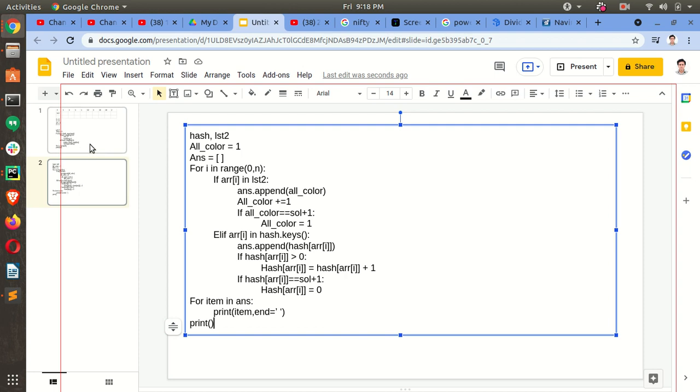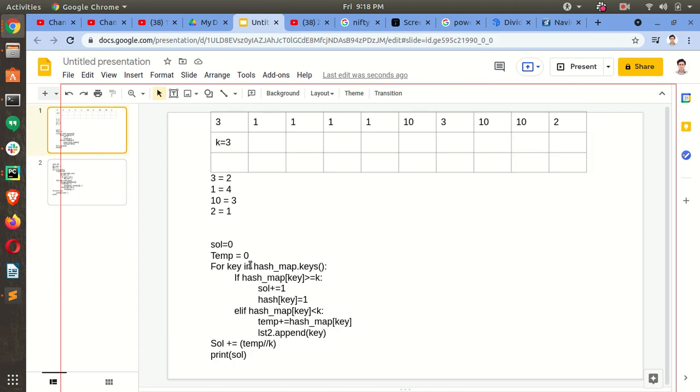so let's revise one more time. What basically we did: first we get the count of each element in a hash map. Now we will check whose count is greater than or equal to k.